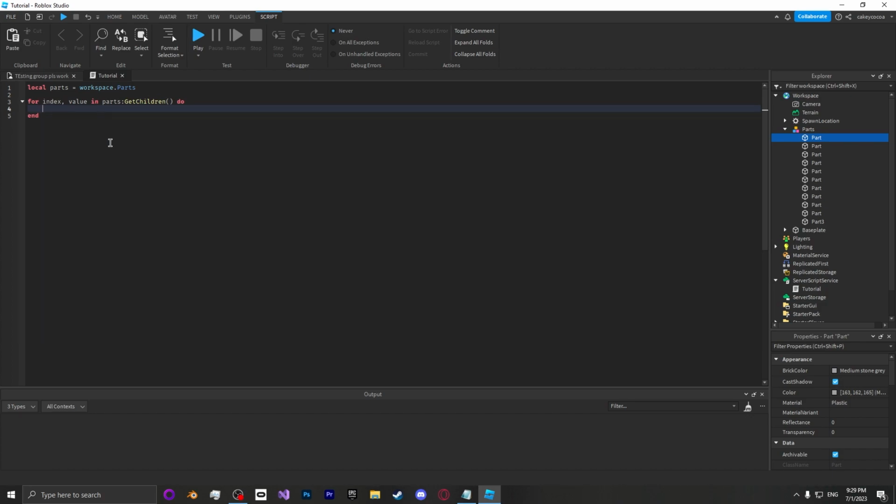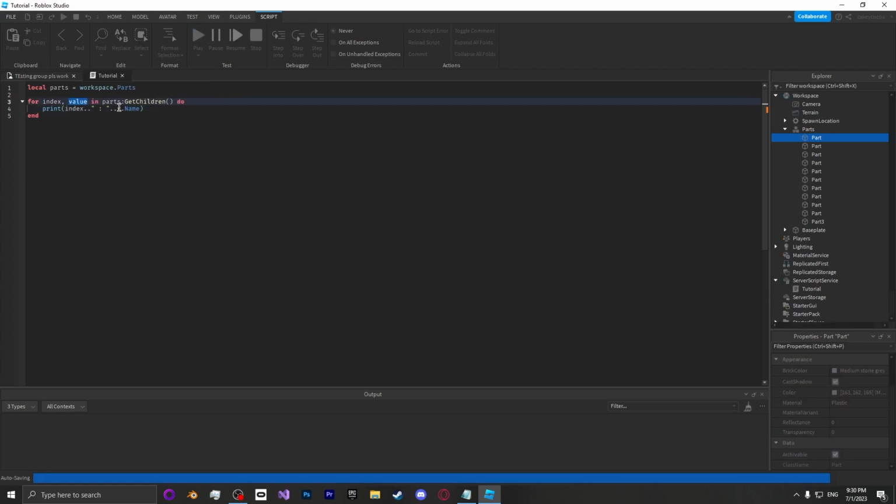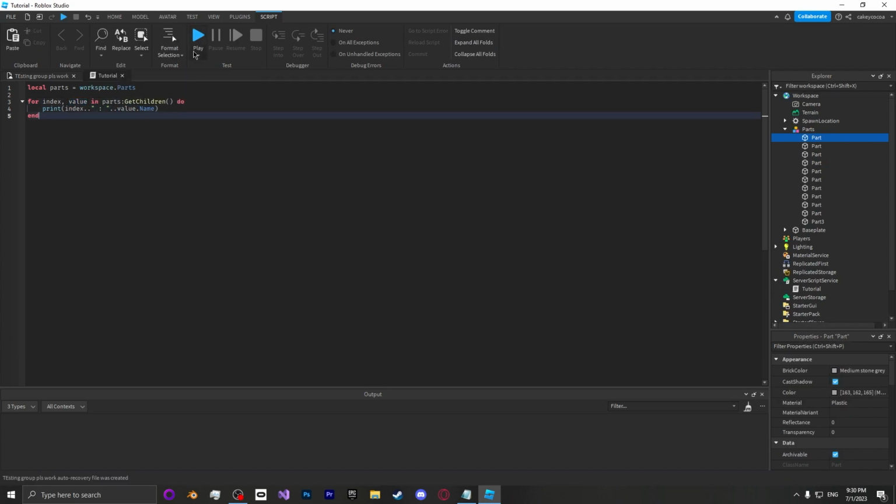So we learned table, so index would be the index of which part we're looping through inside the table, and the value would be the actual part. So let's print out i. These two dots concatenate a string, which pretty much means I'm combining this with another string. Dot v dot name. I want to print out the part name. Alright, it's index, I forgot. I'm used to i, v. So if we run this,